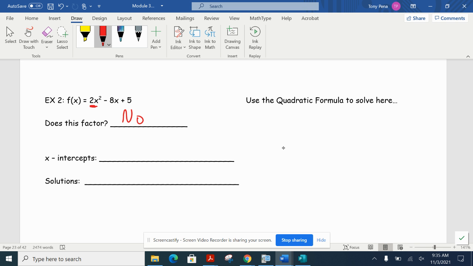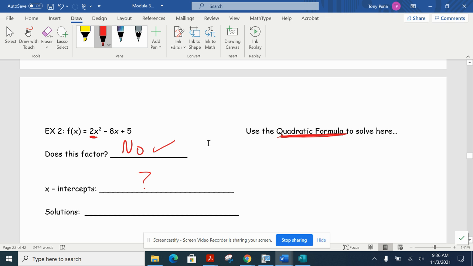So if I ask you what your x-intercepts are right now, we wouldn't know that. Normally what that means is we're going to factor it, set that equal to 0. Whatever sets it equal to 0, that's going to be your solutions. Your solutions and your x-intercepts are the same thing. Well, when this doesn't factor, so when the answer to the factoring question is a no, one of the ways